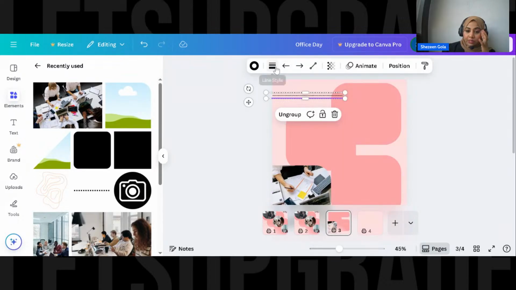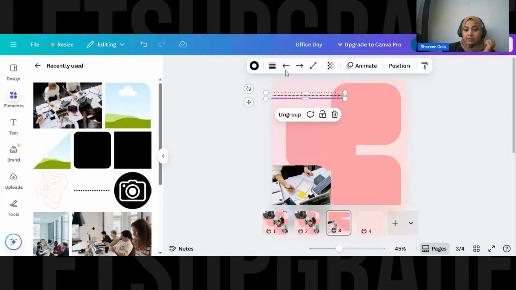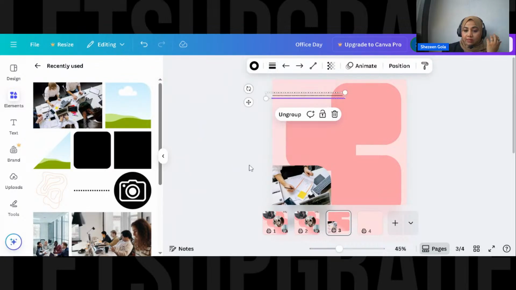And by the way, you can change the style of the lines also. You want the weight of your lines to be thick, light, it can be like line start should have this, line start should have this. You can change all these things, but right now I don't want any style. I want it to be really tiny. I want it to be very thin.